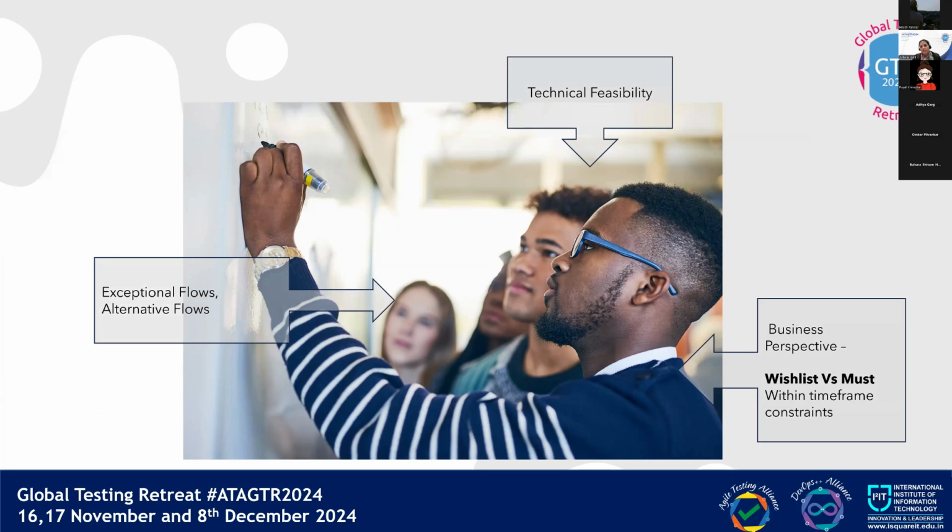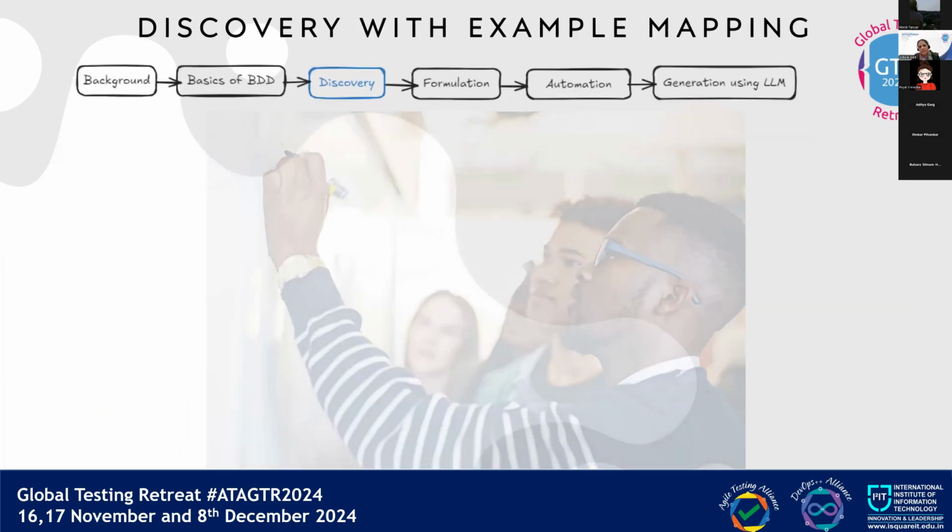Each person represents a diverse perspective and helps in the conversation to evaluate the feasibility of that story, and whether it can be done within the scope of that sprint. What are wish list features versus must-have features, and how can they quickly deliver it. So when we put down these kinds of examples and rules,